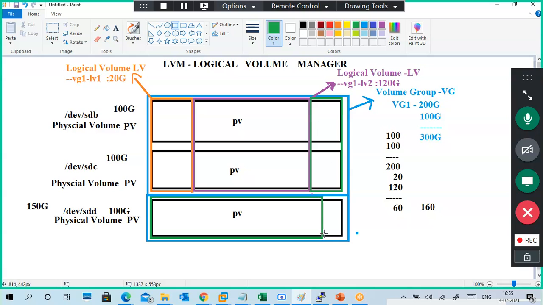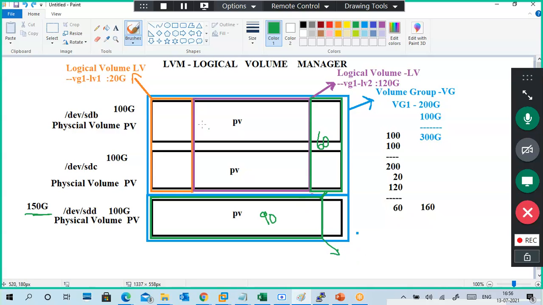Yeah, okay. So like this we can take it, or otherwise we don't take it manually and it automatically allocates the sizes from there to here. So combinedly, this is a 60 GB and this is a 90 GB. Totally I am getting 150 GB.